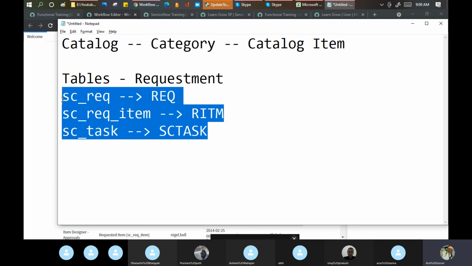Please serve the water first. Then ask for the tea. Then prepare the tea. Serve the tea. Serve the biscuits and namkeen. Then take back the empty glasses or cups. What is this? This is a workflow.